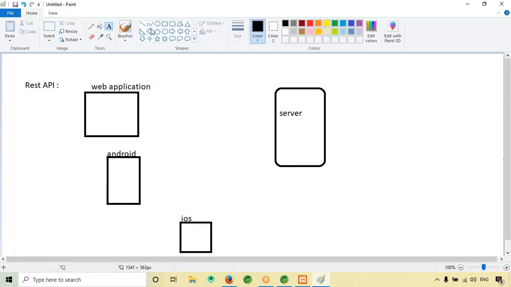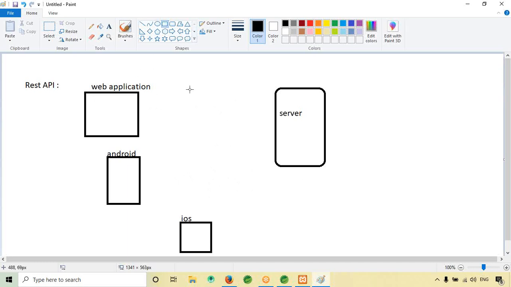Now if you have plans to launch for iOS or Android, then to communicate with the server there should be a common language, right? You can use any language, but there should be a particular language to call the server.